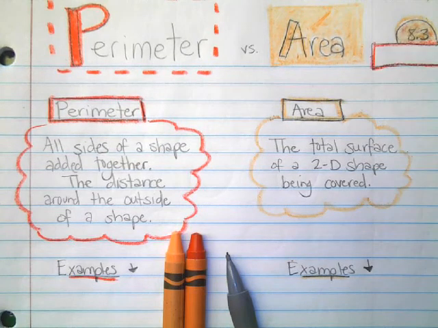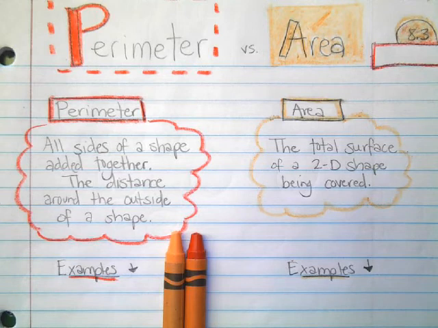Okay, so let's quickly read through what the definition of perimeter is. To find the perimeter of a shape, what you do is add all sides of a shape together. It's the distance around the outside of a shape. Okay? Some examples of perimeter would be